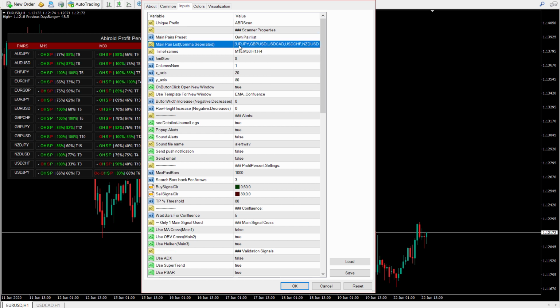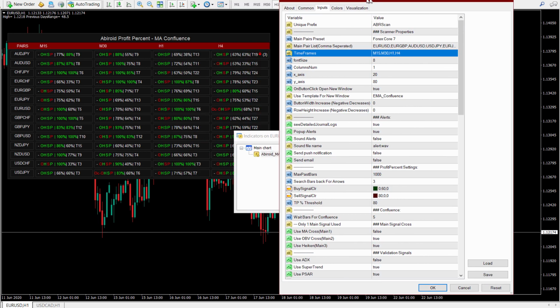In that case you can have a comma separated list, and you can also use anything your broker provides, like if you're trading BTC or a particular stock, you can specify whatever your broker provides. And if you're using forex, you can also have your own core list. Finally these are the time frames, and right now we have 4 time frames.